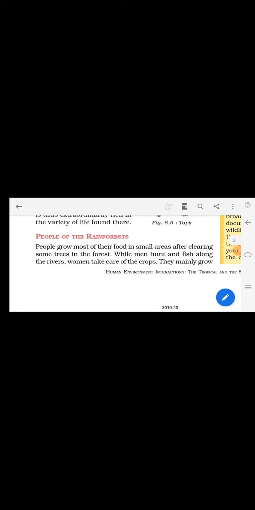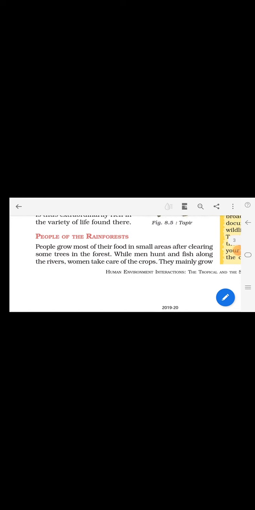Slash and burn agriculture is a method of cultivating land where farmers clear a piece of land by slashing or cutting down trees and bushes. After cutting the trees, they will burn them, which is very good for growing crops.